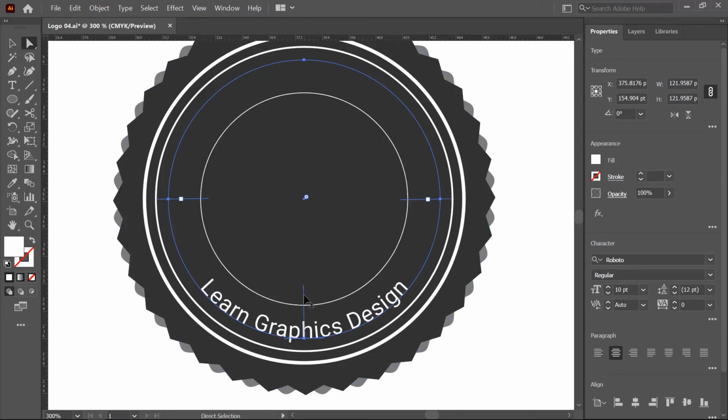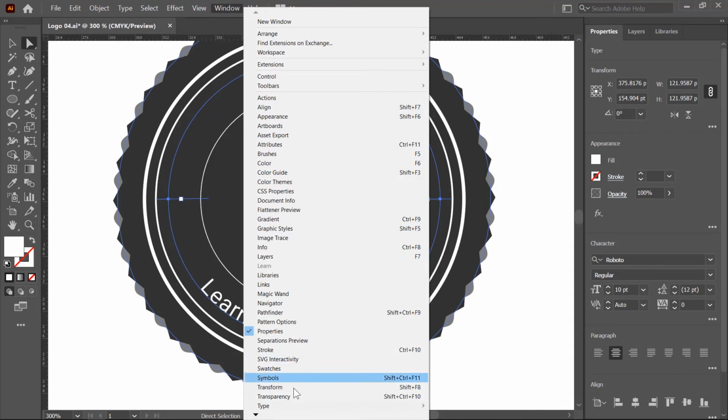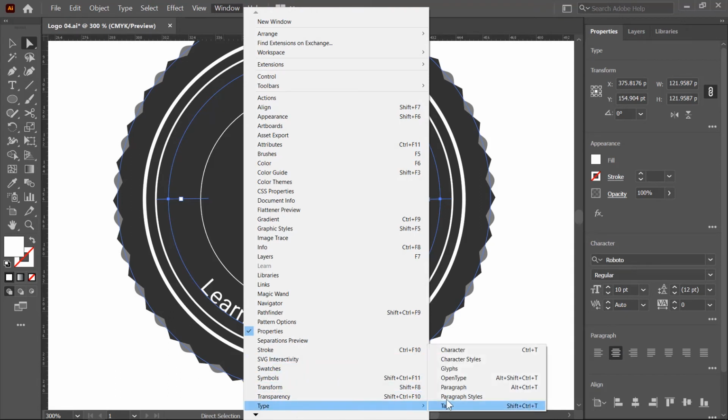And by using this center line, you can move upside or downside, and make sure the paragraph settings are center aligned. You can find these paragraph settings in the Window menu in the Type category. All the paragraph and character related settings are available here.